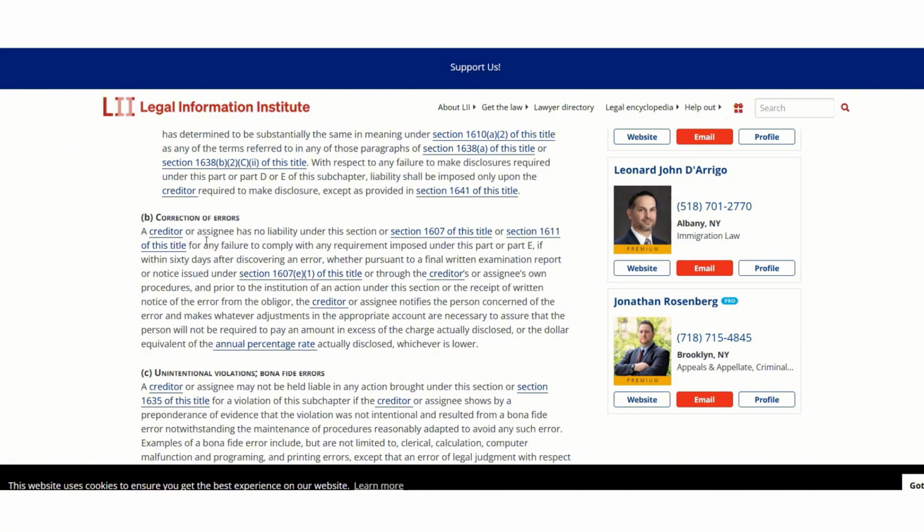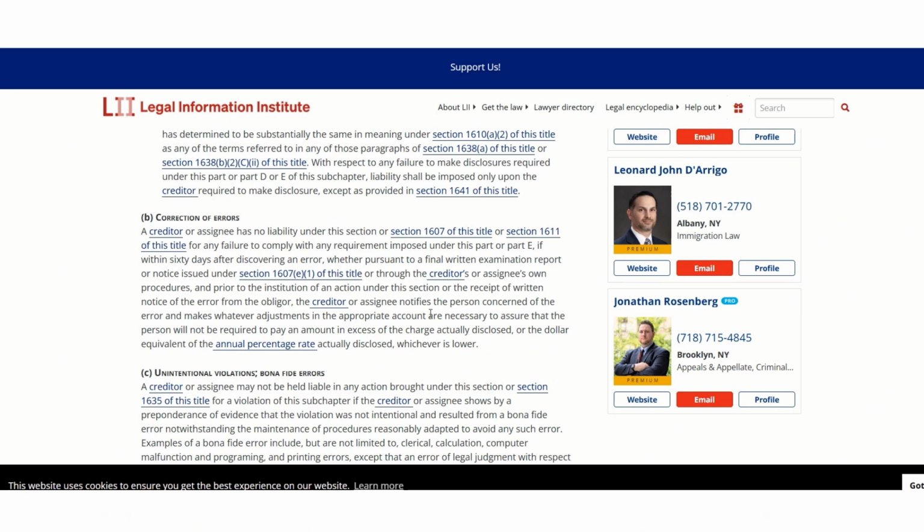So a creditor or assignee has no liability under this section or section 1607 or section 1611 of this title for any failure to comply with any requirement imposed under this part or part E if within 60 days after discovering an error, whether pursuant to a final written examination report or a notice issued under Section 1607E of this title, through the creditor's or assignee's own procedures and prior to the institution of an action under this section or the receipt of a written notice of the error from the obligor, the creditor or assignee notifies the person concerned,